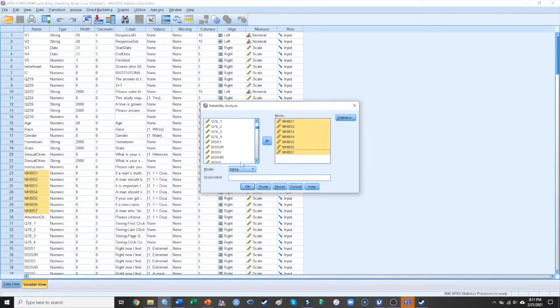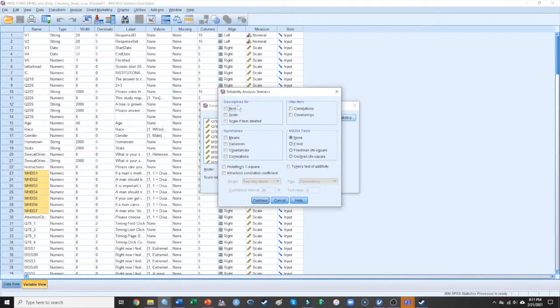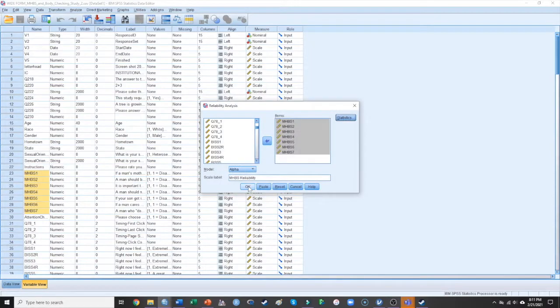It'll tell you that it's finding the Cronbach's alpha level, and you can actually label this so that in your output it's a little bit easier to find later. So I could do MHBS reliability here, and you can do spaces here that will accept the space there. You could also ask for descriptives, so you could say what happens if I delete a particular item, and you can look at, does deleting a particular item actually improve the reliability of your scale. You could ask for a variety of other things, but let's go ahead and just run this